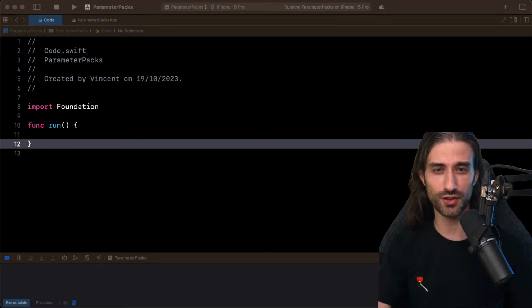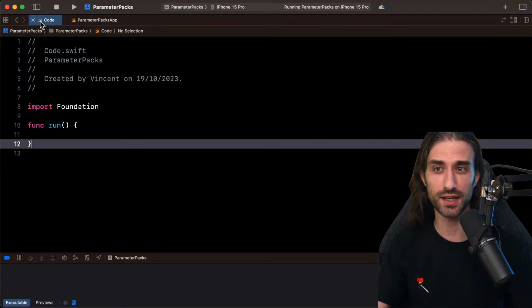I think some features, like the more advanced use case of parameter packs, are not handled well by playgrounds for now. That's why, as you can see behind me, I'm using a regular Xcode project for the live stream, but the code in the playground should be correct, unless I've made a mistake. It's just a playground that's not reliable. So if you want to follow along, I would suggest you do just like I did.